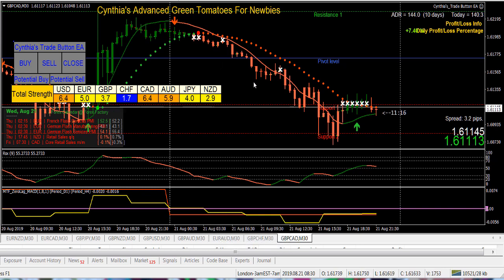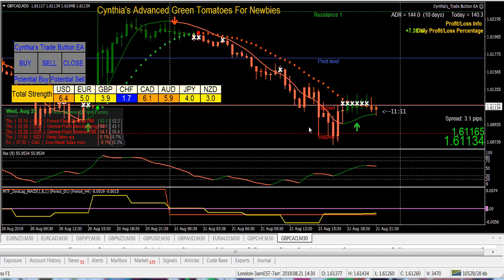And you can choose a swing trade set file to manage your trade, and it'll be a really wide trailing stop, and so it can get the best out of the really long moves if you use a swing set file. And I've created those for you already in the trade button. So this is the trade button up here with the smiley face,